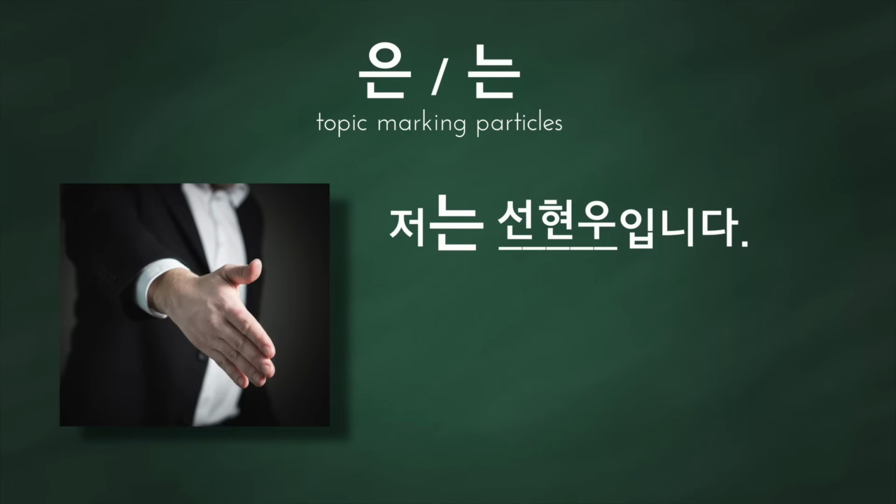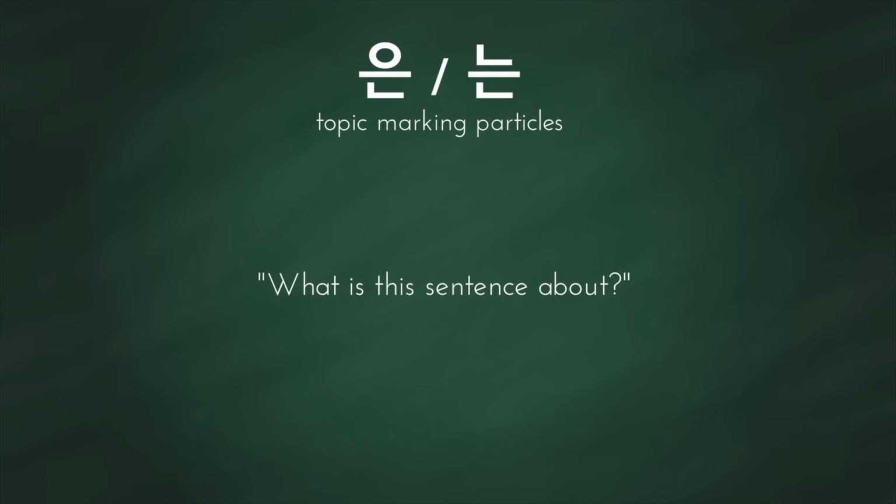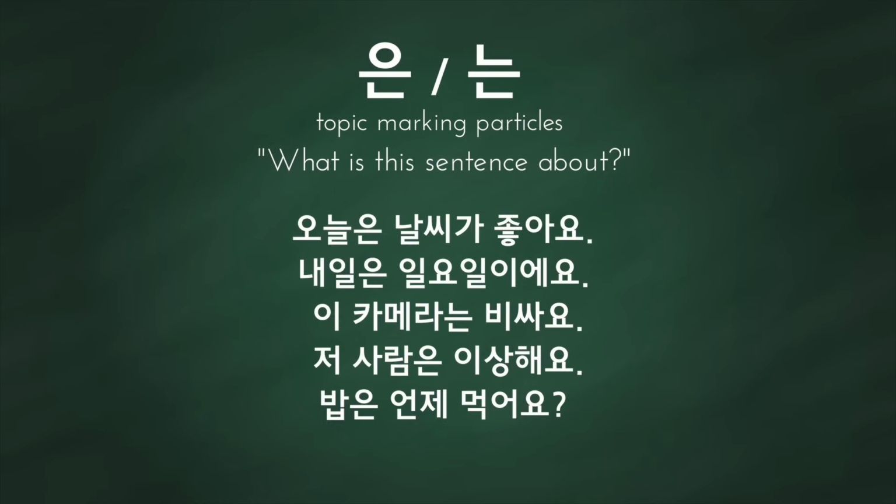So here, you are introducing the topic of the sentence. And the topic of the sentence is 저, which means I. So 저 is the topic of the sentence. Basically, it's an answer to, okay, what is this sentence about? So this concept applies to all of the following sentences. So for now, let's ignore the other parts of the sentences and just focus on these parts, 은 or 는,